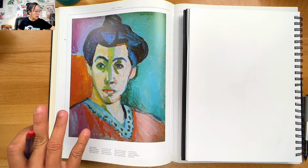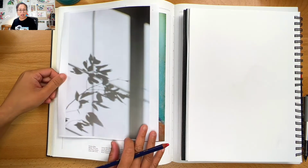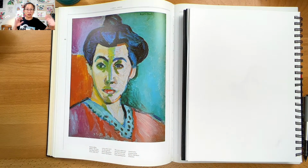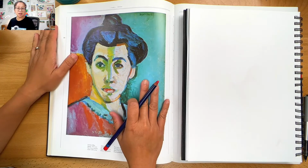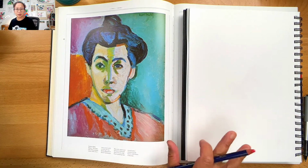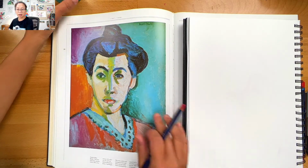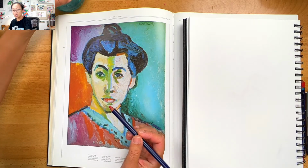I also have shadow pictures that I like to print out. It could be a photo of your family. It could be literally anything. So you can practice using whatever reference photo you have lying around. But this is what I'll be using today. So pretty simple stuff. I have my water here, and that's what I'll be using to dip my